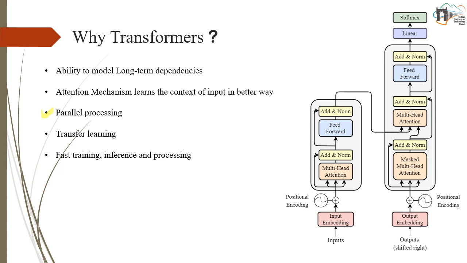Now the fourth effective thing was transfer learning. Another remarkable aspect of this architecture is transfer learning. How? They are often pre-trained on massive datasets such as ImageNet or large text corpora, and they learn general patterns and representations. This pre-training allows the model to capture rich features from diverse data sources. These pre-trained transformers can then be fine-tuned on specific tasks with comparatively smaller datasets.